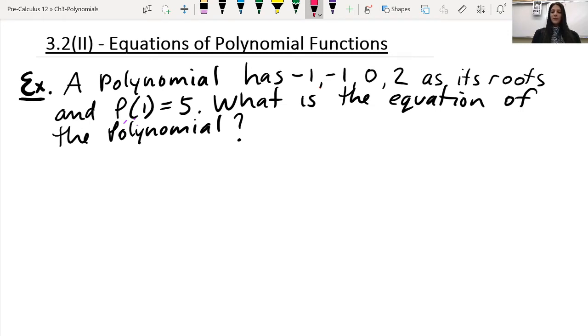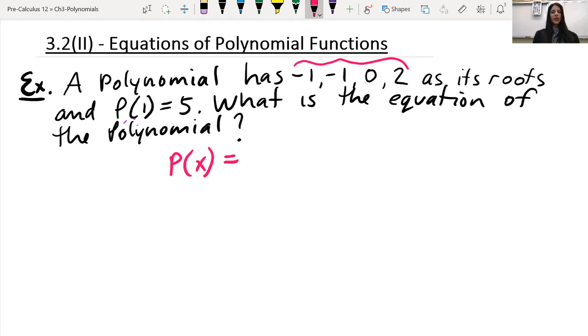Okay, so the nice thing about that is that we sort of already have some background knowledge as to how to go about this. So let's get started with just writing the general form of the polynomial equation for what it potentially could be. So p of x is our way of writing it in function notation. And if I take a look at what we have to work with here, these roots that we were given,